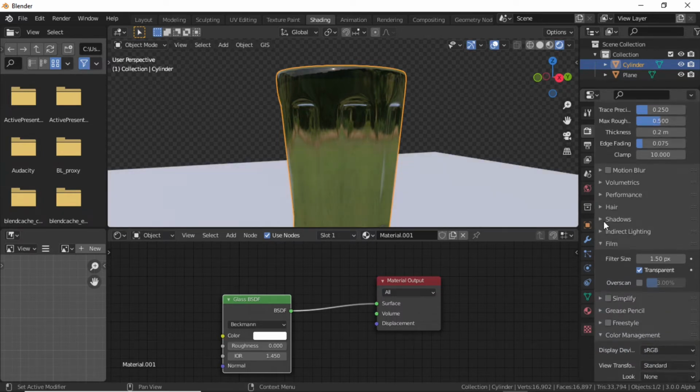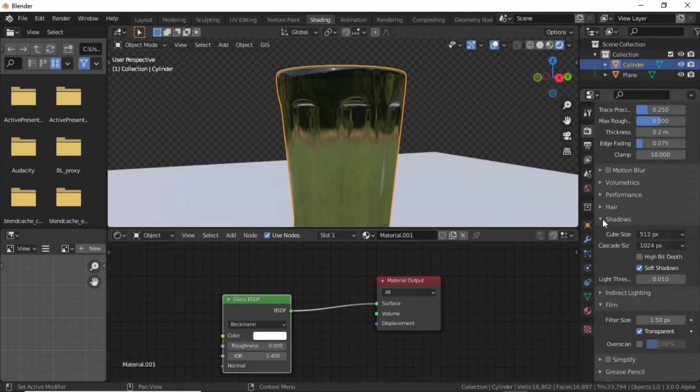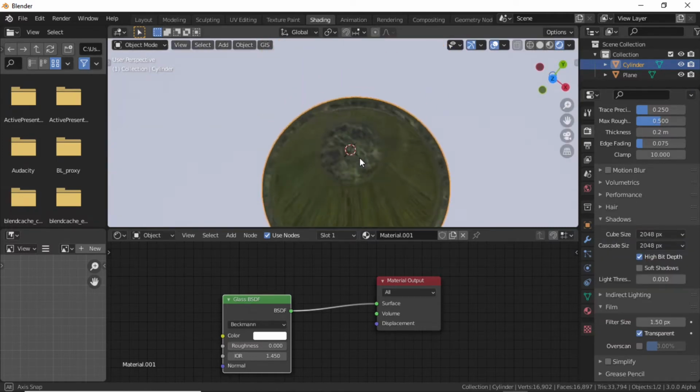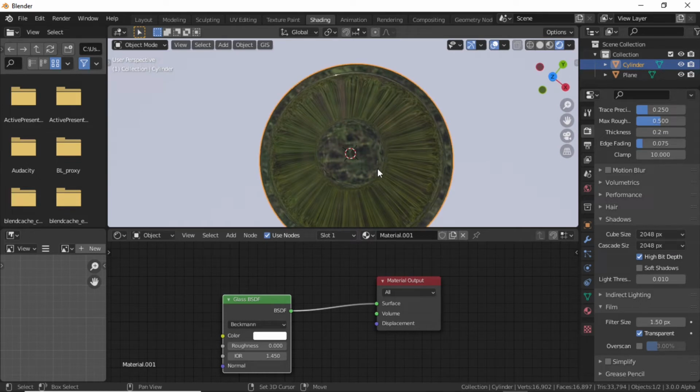For shadows expand this shadows option, uncheck this soft shadow and enable here high bit depth and also change its resolution that is 2048. Still you can see that this is not transparent.